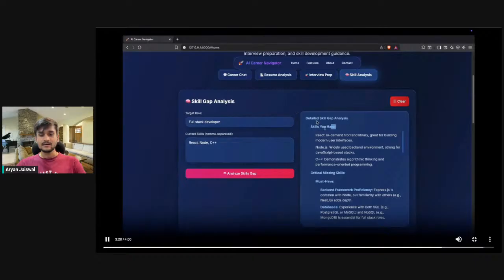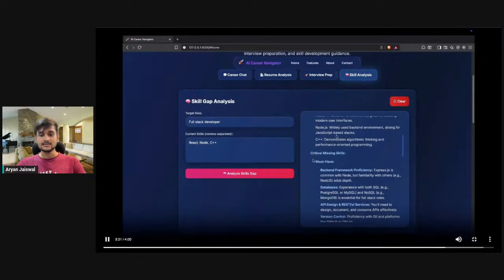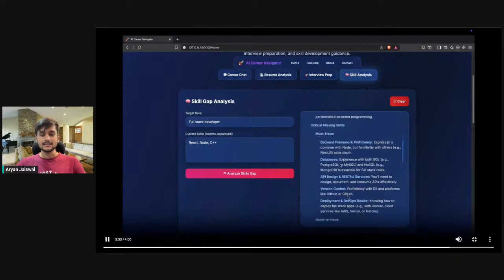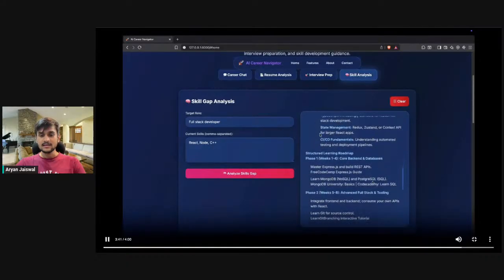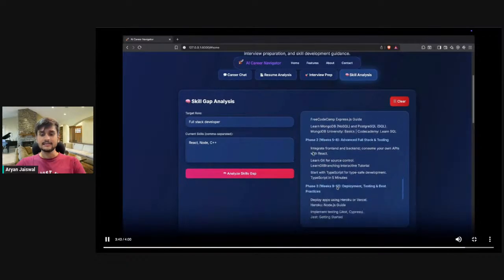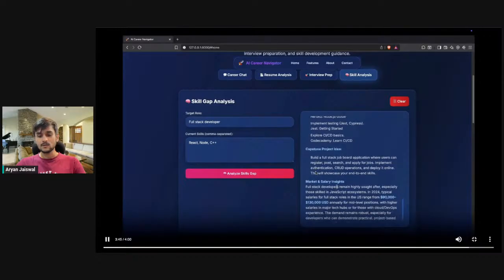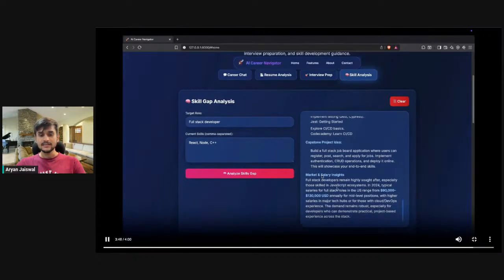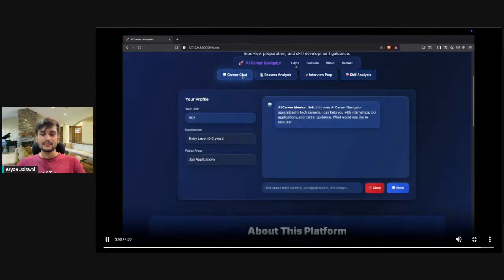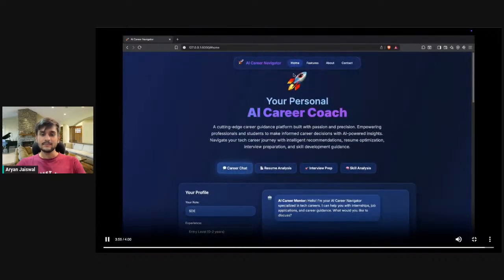So see, like skill gap analysis, the skills you have to mainly focus on are here. I have highlighted this part as you can see. So you have to focus on these technologies more. Then you can also have these things, and here is a structured plan on how you can go forward. These were all the features. Now we'll just click the home button to get to the main page, where I have used an effect of a floating rocket to make it look even more seamless.